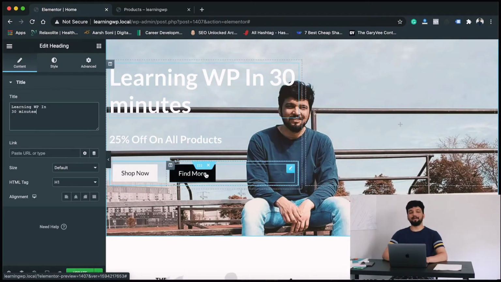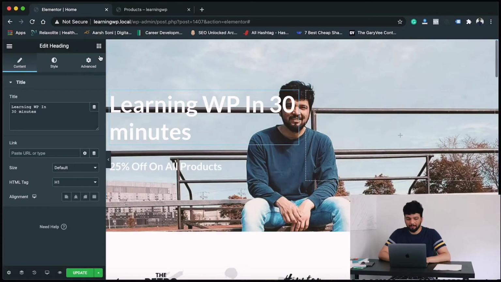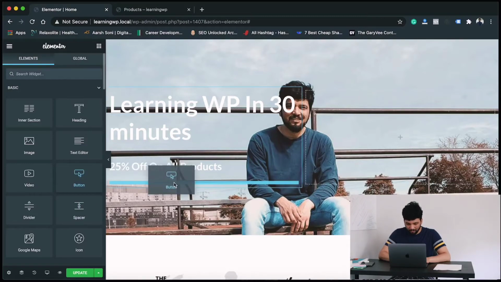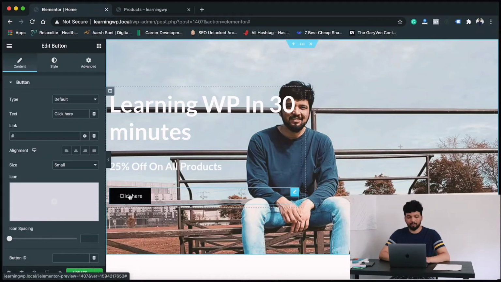Now let's say you want to delete this button, go ahead and click this delete option. It's going to delete everything. Let's say you just want to add a button, click these 9 dots here and then click on buttons. Just drag and drop it anywhere, whichever section you want, and there you go, it's here.